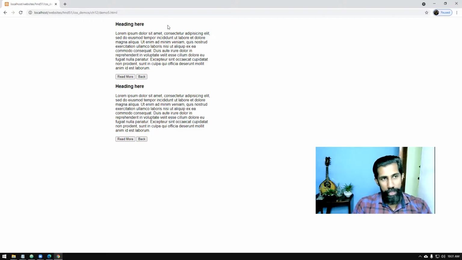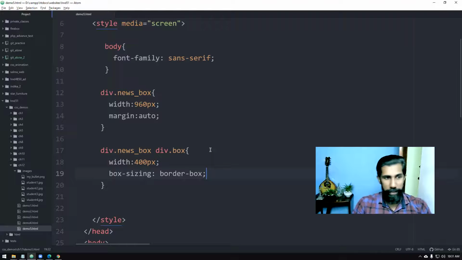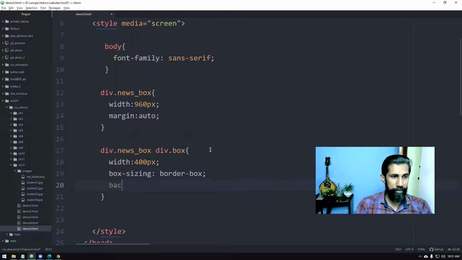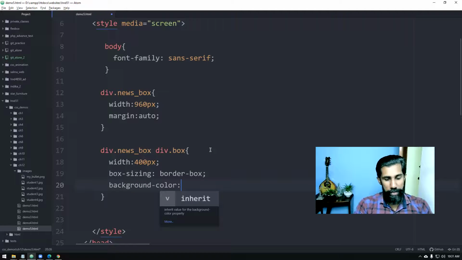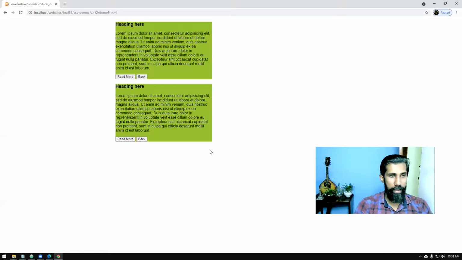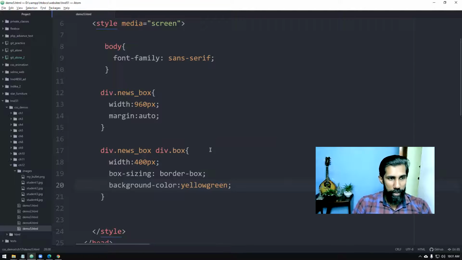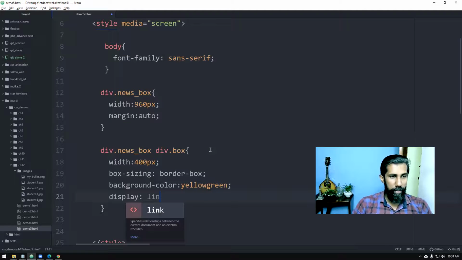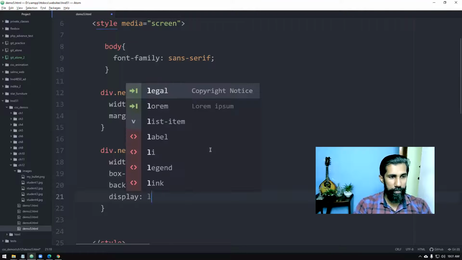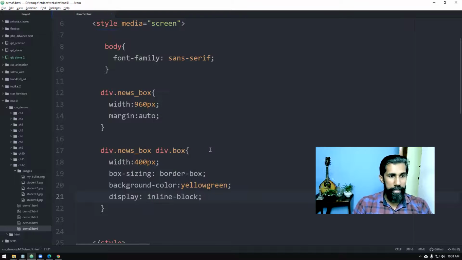Now you know they are displayed one next to the other. Let's give a background color, a visible color so it's easy for you to see. It's much more visible now. Now I'm going to say display inline-block.